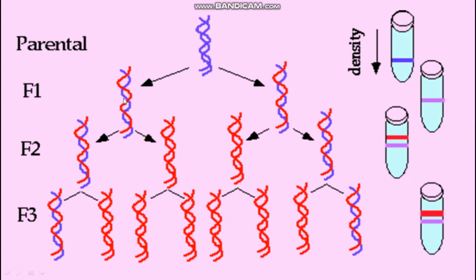So then they grew them for more generations. What they found is this ratio, it is 3:1 or 2:6 ratio. So this is not possible in the case of dispersive mode of replication, because in that case you would get DNA which should be labeled with both nitrogen 14 and 15, but they got this result which was not possible in the case of dispersive mode of replication. So by this method they proved that DNA replicates by semi-conservative mode.